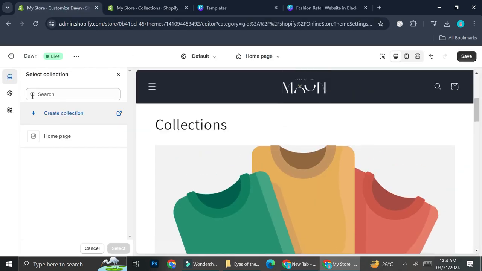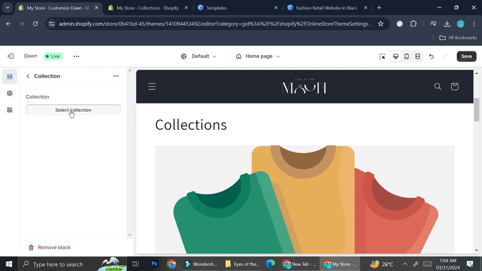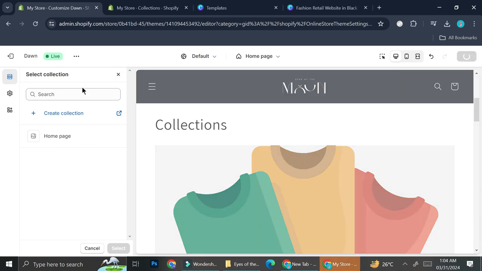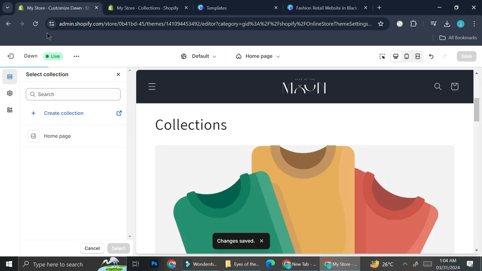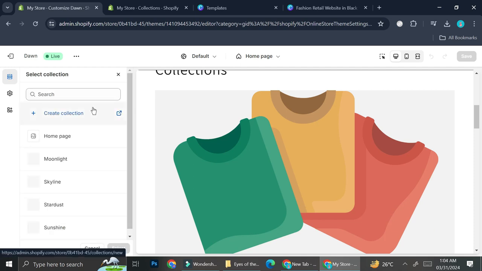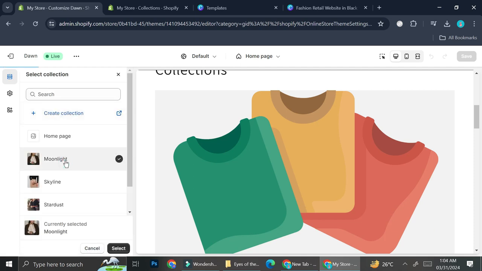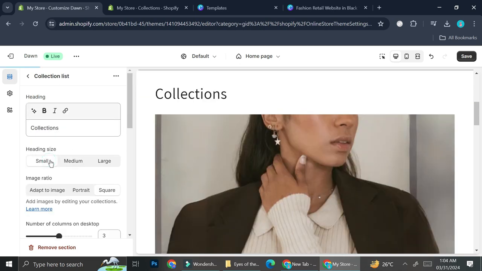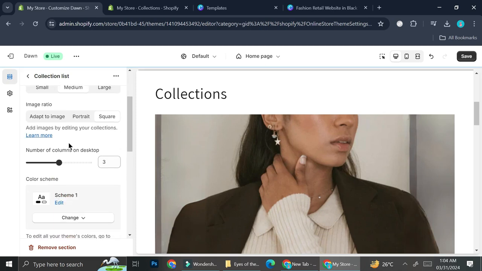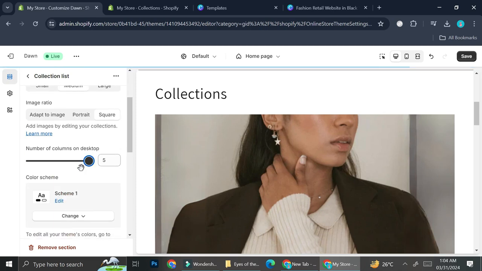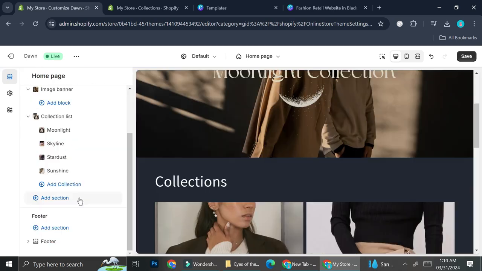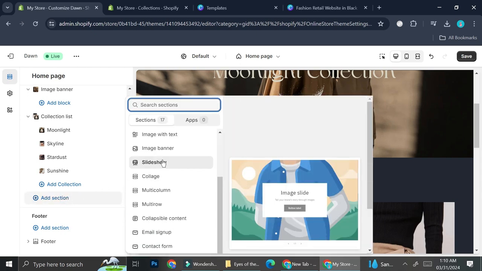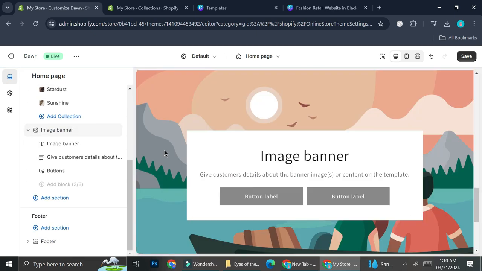I'm going to go back into my website editor and start, and I'm going to save this real quick before I'm restarting this editor. Alright, now I'm going to select, let's say this one's going to be Moonlight, select, and then actually going to edit how this collection looks, to add 4 as the number of columns. Alright, next we're going to add another section that is going to be an image banner for, let's say, company